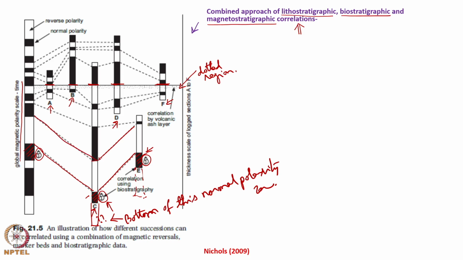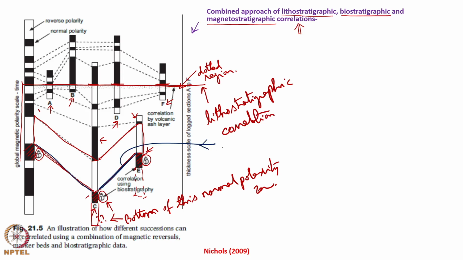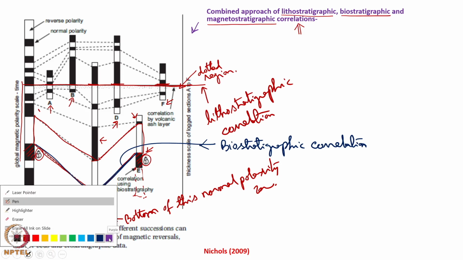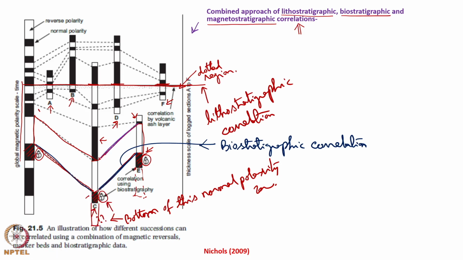So, this gives a much more confident correlation that these normal polarity zones can correlate, over which lies again a normal polarity zone. So, they have been joined. A line has been drawn joining the marker units. So, this line is a lithostratigraphic correlation, whereas joining this line is a biostratigraphic correlation, and when we join the other dashed lines such as this and so many other lines, those are